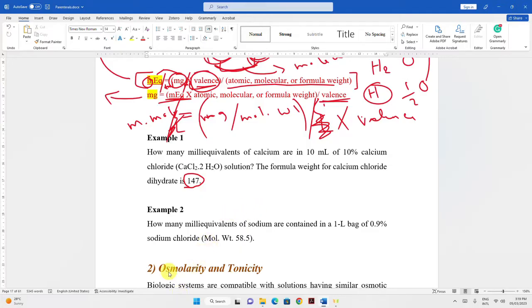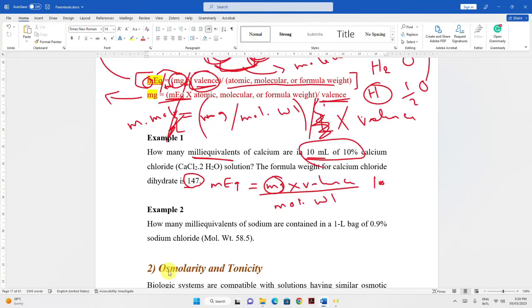It is asking about the milli equivalent in 10 ml. So it's going to be equal to milligram, then remember multiplied by valence, and then divided by the molecular weight. That's how we're going to do it. Do I have milligram? I can get it from here. See, the concentration is